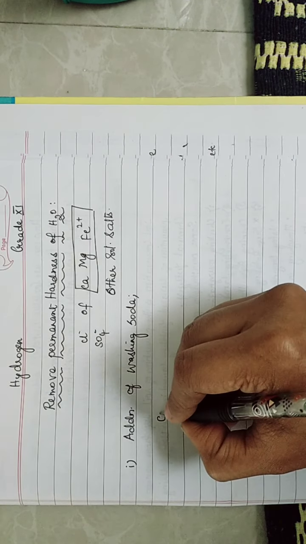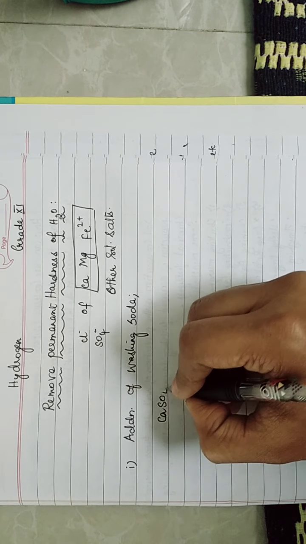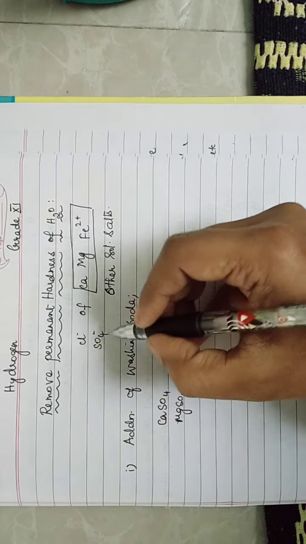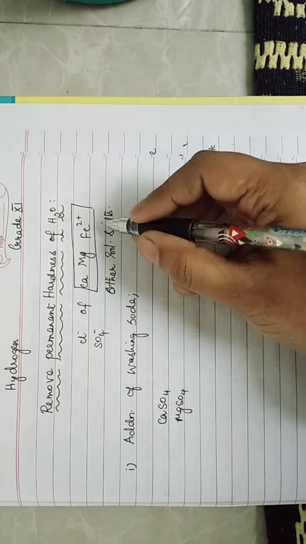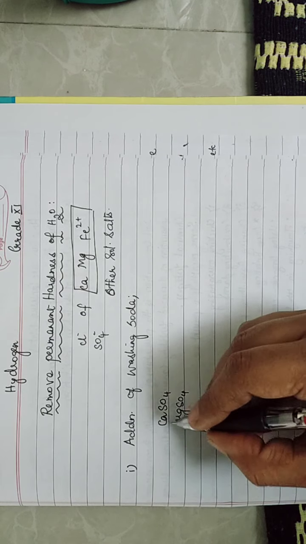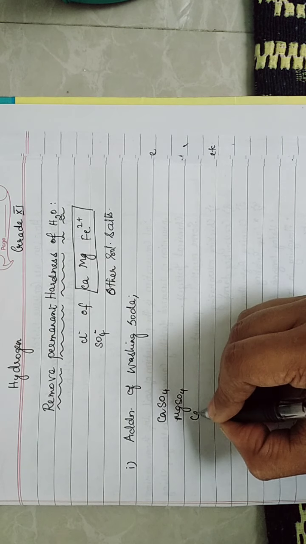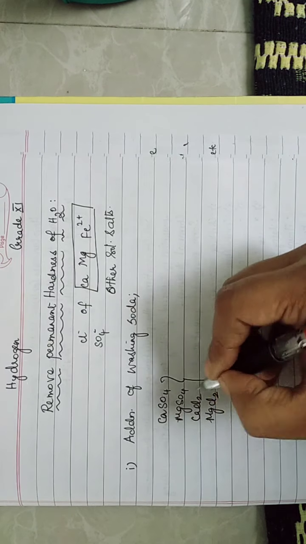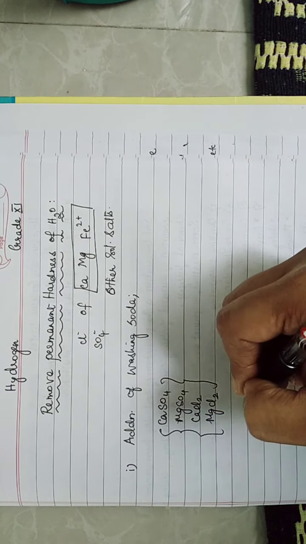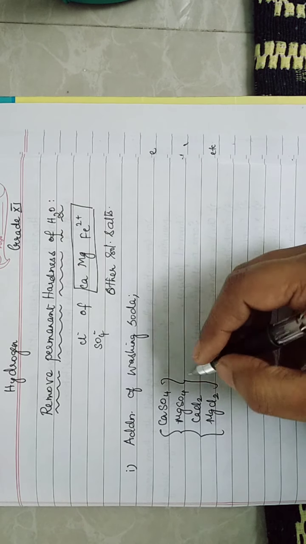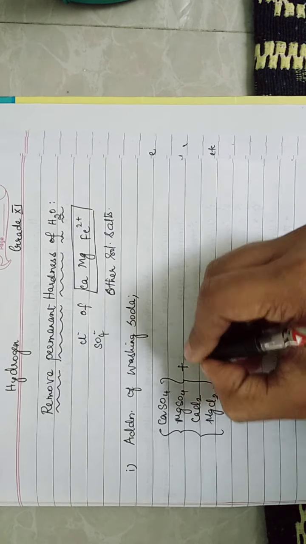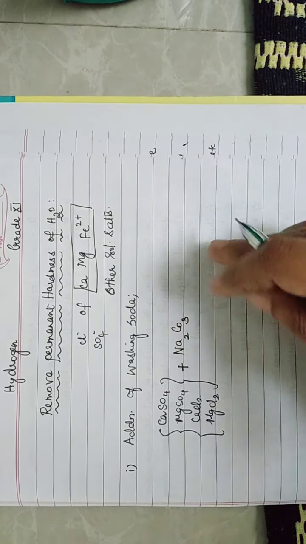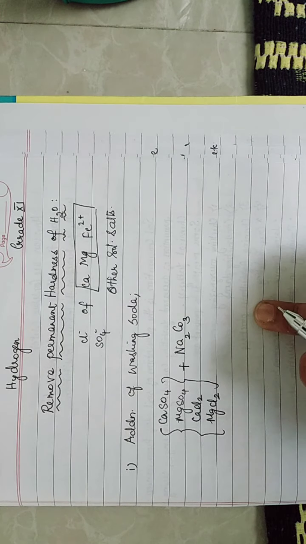Before that, let me write my hard water. See, this is my hard water which is having calcium sulfate, or it may contain magnesium sulfate, because I have told you sulfates and chlorides of all these salts. So, let me write my hard water first: calcium sulfate, magnesium sulfate, calcium chloride and magnesium chloride. Now, this is my hard water, right? My hard water may contain all these or it may contain any of these. Now, to this I am going to add washing soda, which is nothing but sodium carbonate, whose formula is Na2CO3. Sodium carbonate I have added, right?